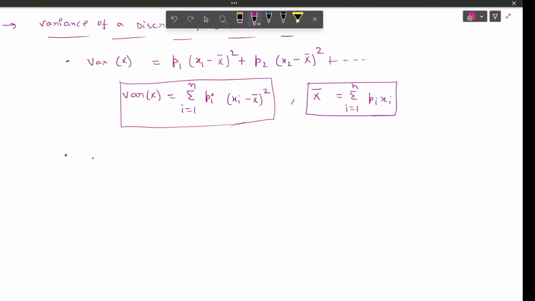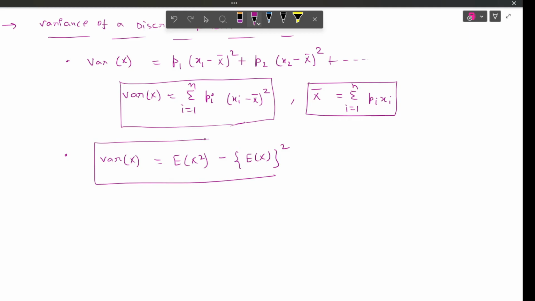Another important formula is variance of x is expectation of x square minus expectation of x whole square. This is also a very effective formula in calculating variance. Okay,